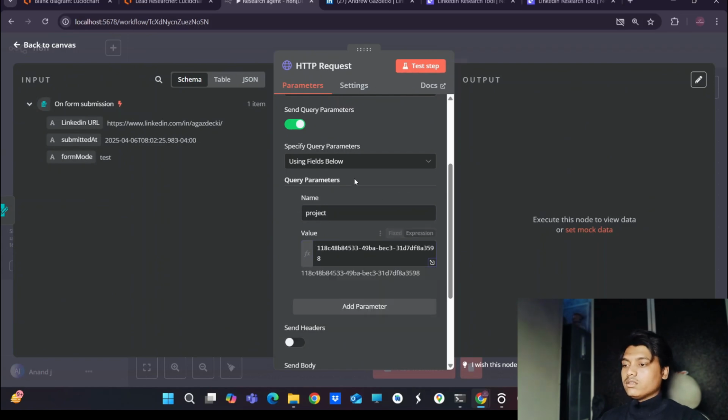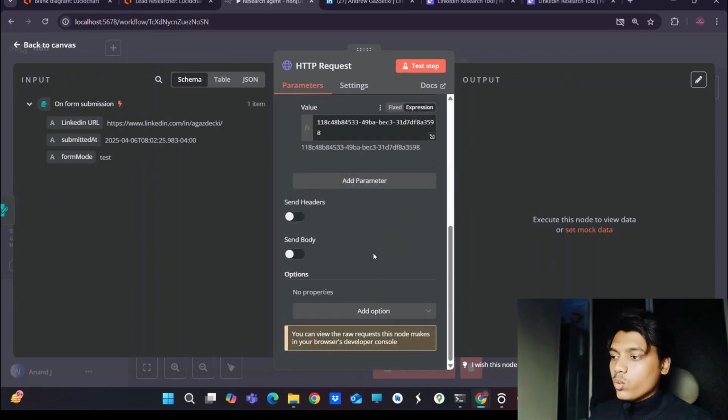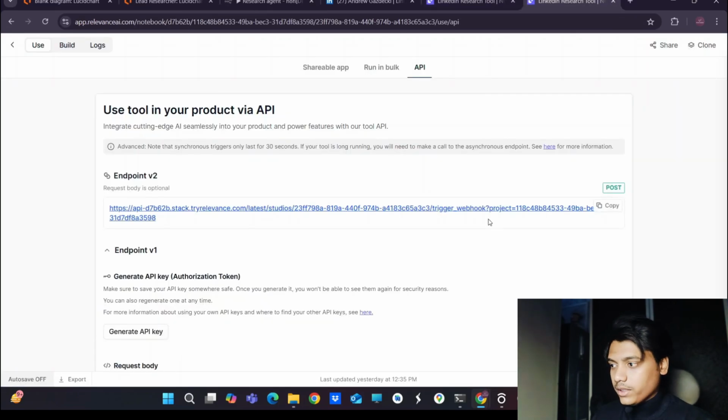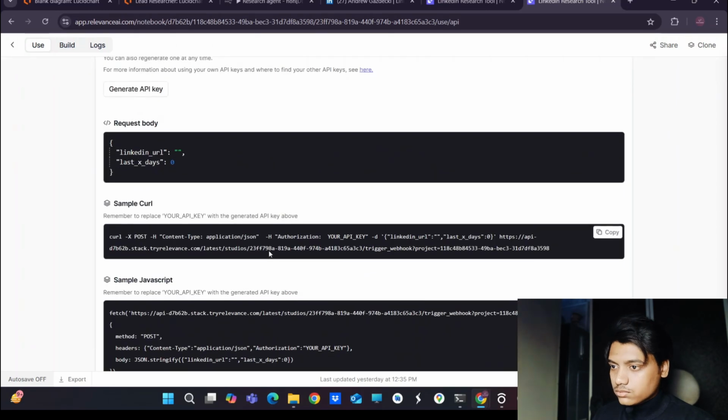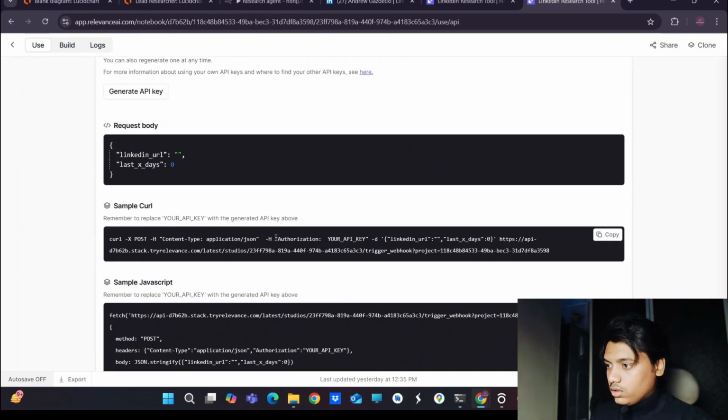So this project key will be passed with the query parameters. Then we need to add the API key. So let's see where they are passing the API key. So it is passing the API key in the authorization in the header. So let's copy this authorization,